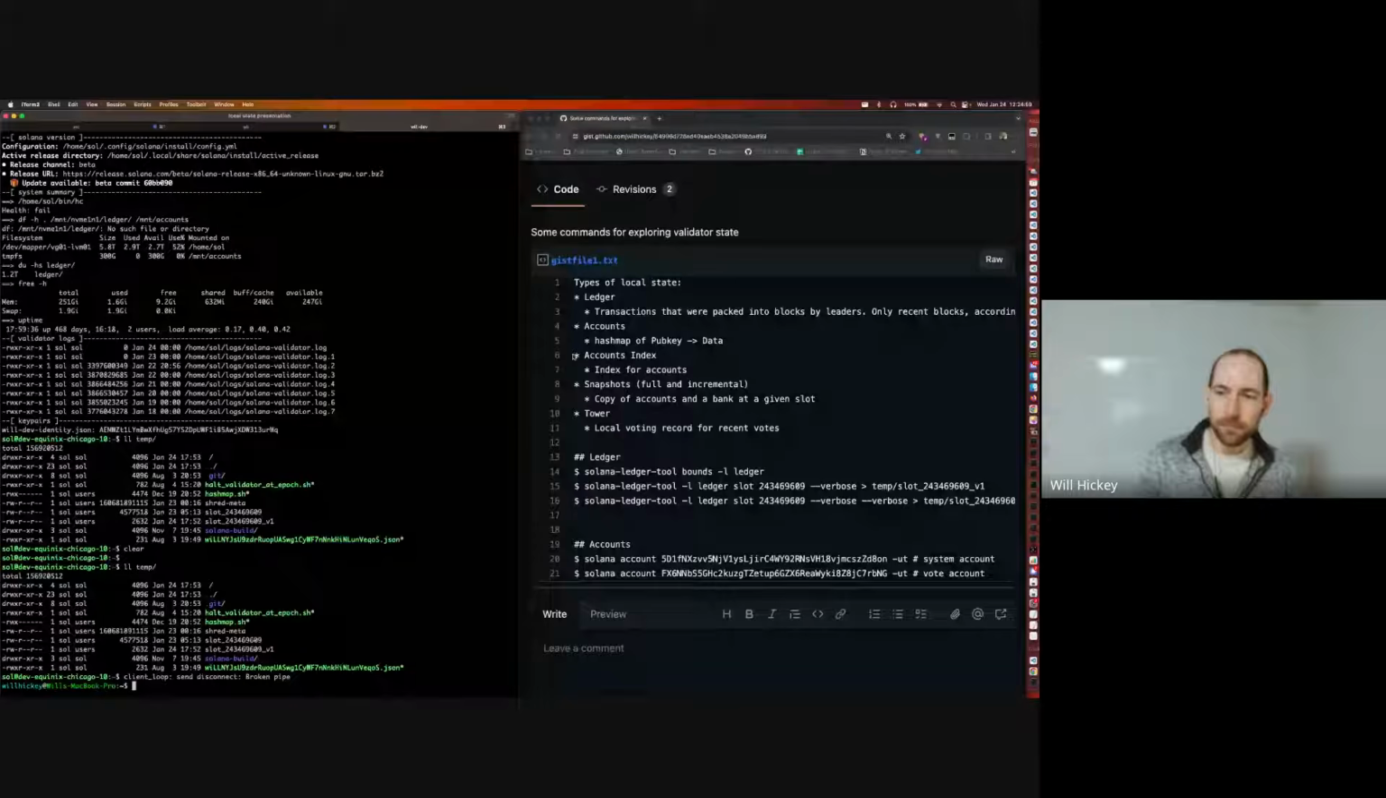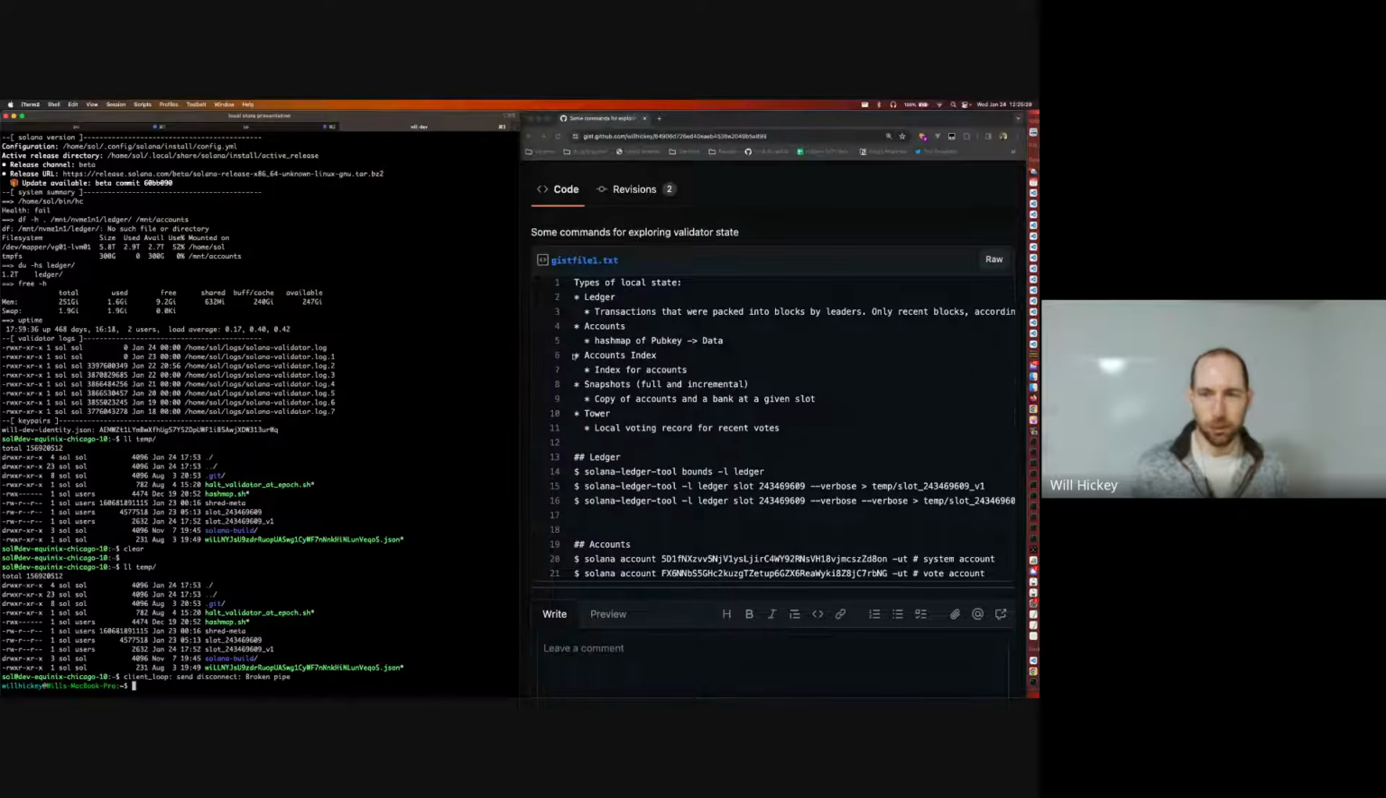Snapshots. We're probably all familiar with snapshots at some level. You can think of snapshots like database backups, full or incremental. A bank is sort of like a not yet completed block. The file name for snapshots includes